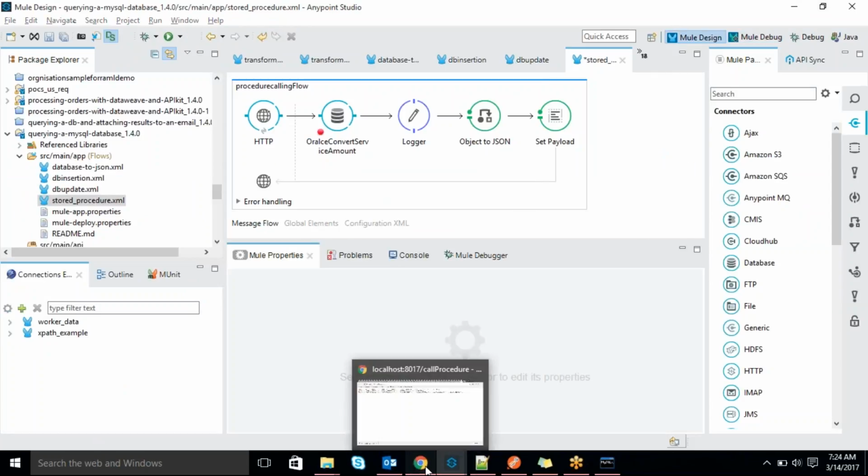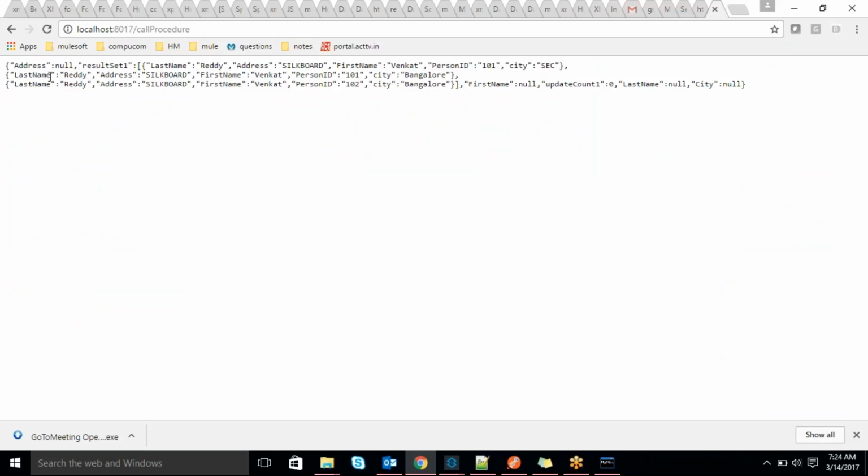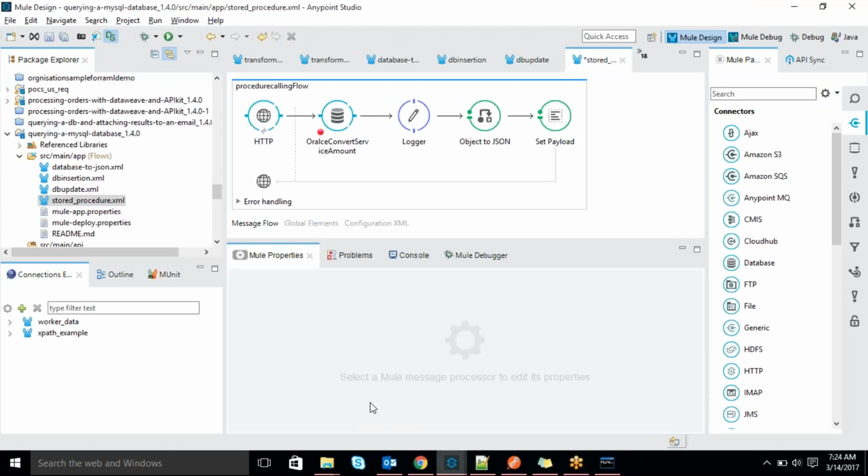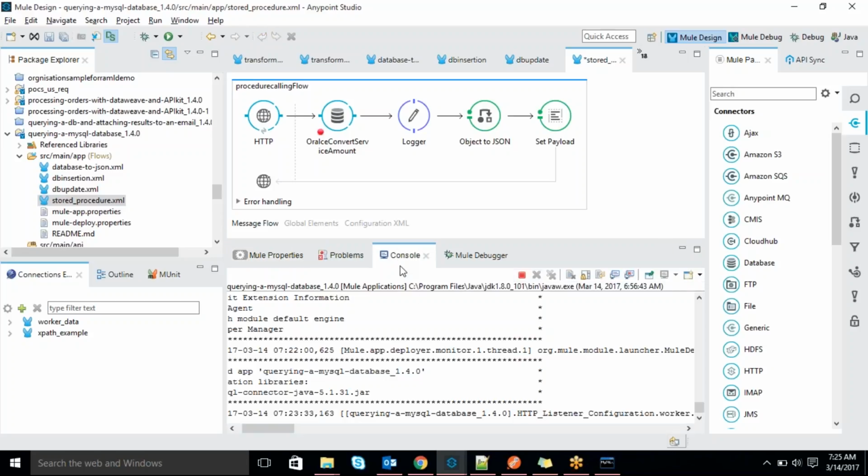Once you get the data, you can use it how you want. It will return as a kind of JSON object, right? So I'm returning a JSON object. I use that object to JSON, so that will return a JSON object. Then from the JSON, we have to use that data. We have to display it. Now we have to send it back to the target system, and that is nothing but a GUI. The GUI will parse that JSON object and display the data. Okay, so that is about database operations.